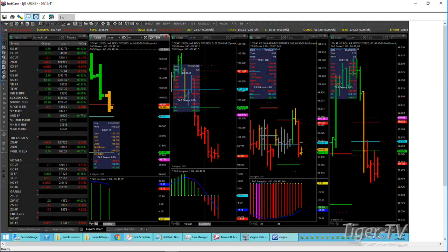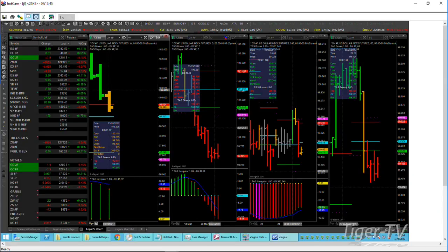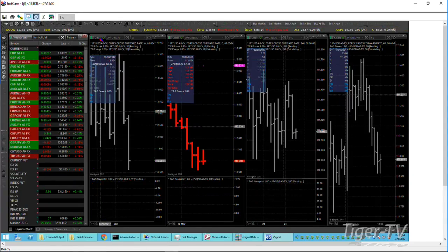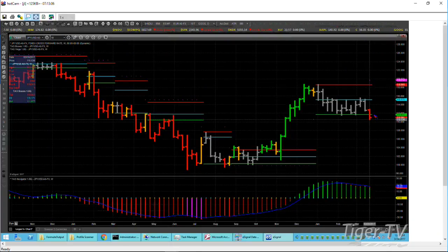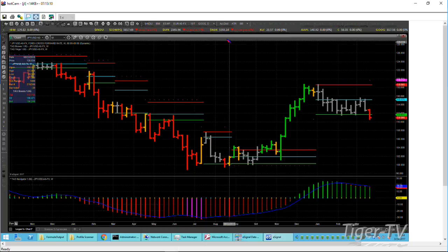Let's pull this up. All right, here's our currency server. All right, so got the euro up right now, but let's take a look at the yen. Talked about this one kind of more of an overreaction relative to the dollar breaking down below 111.67, 111.68, a weekly close there. That's just ultra damning for the longs here.